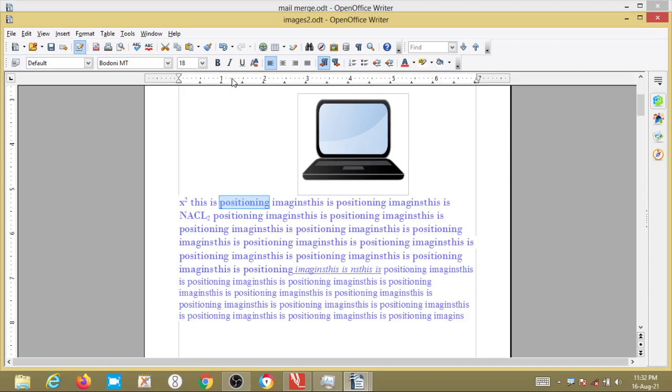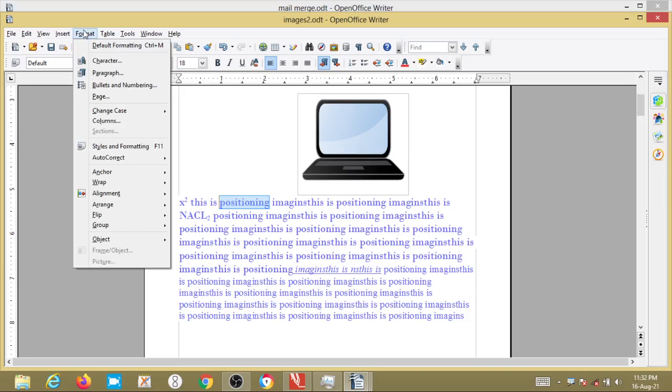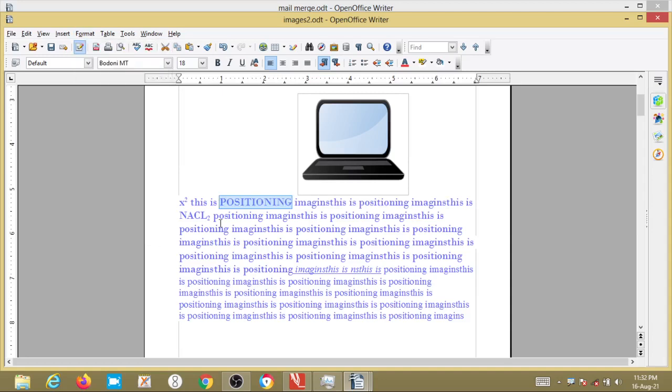We first select the text whichever I want to change, then go to the Format menu. In that Format menu we click on the option called Change Case. See here, there is sentence case, lower case, upper case, capitalize every word, and toggle case. If I choose uppercase, see, the positioning which was in smaller case has now become uppercase. Clear now?